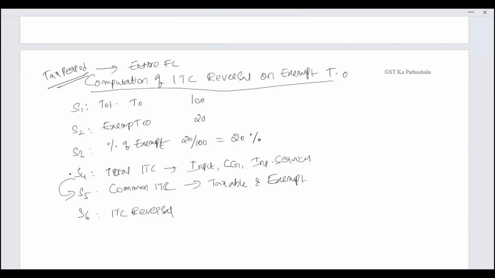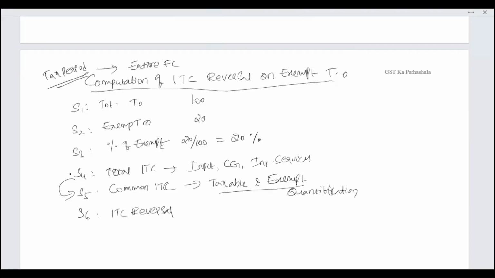For example, there is a security common for both taxable and exempted. There is an auditor consultancy, which is common for both taxable and exempt. There are rent charges. So I identify the list of common expenses, both for taxable and for exempt. That quantification I do